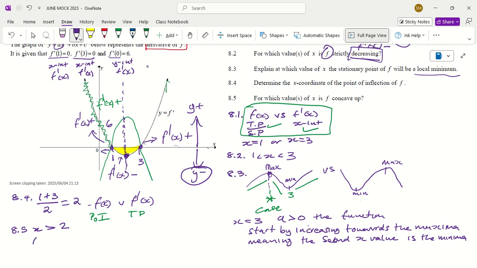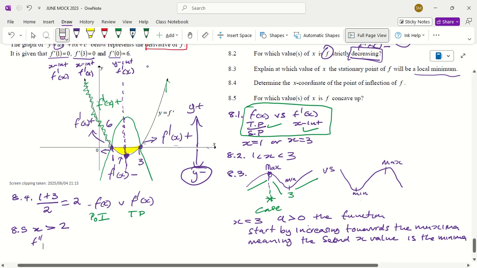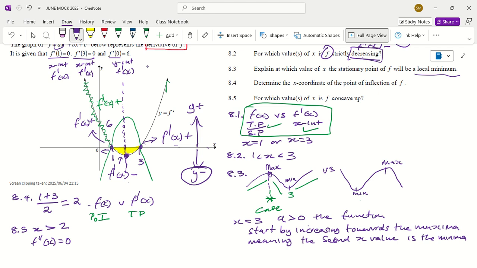Because we are dealing with the second derivative of f of x, which must be equal to 0, and we know that that is the point of inflection, so we have to get a value that is greater than the point of inflection, which gives us a concave up function. So that is very simple. And then for mark allocation now,